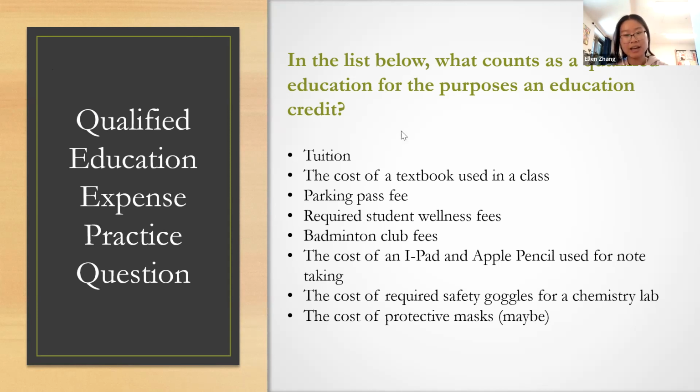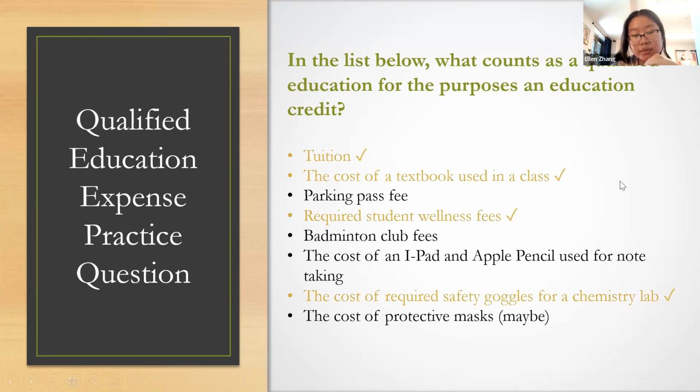All right. I hope everyone had a chance to give that a try. I realize now that I may have accidentally put the answer to the last one on the slide, but whoops, that's a typo. So let's go over the answers now. Out of the 8 things that I've listed on the slide, 4 of them count as a qualified educational expense. And the 5th one is like a